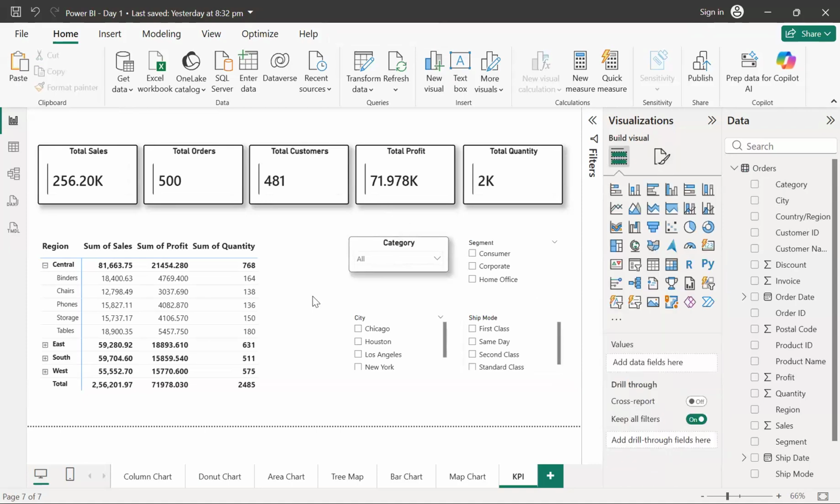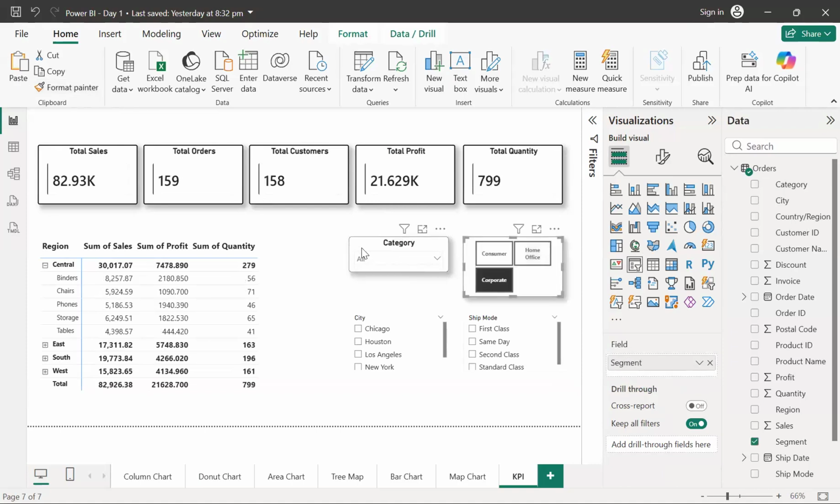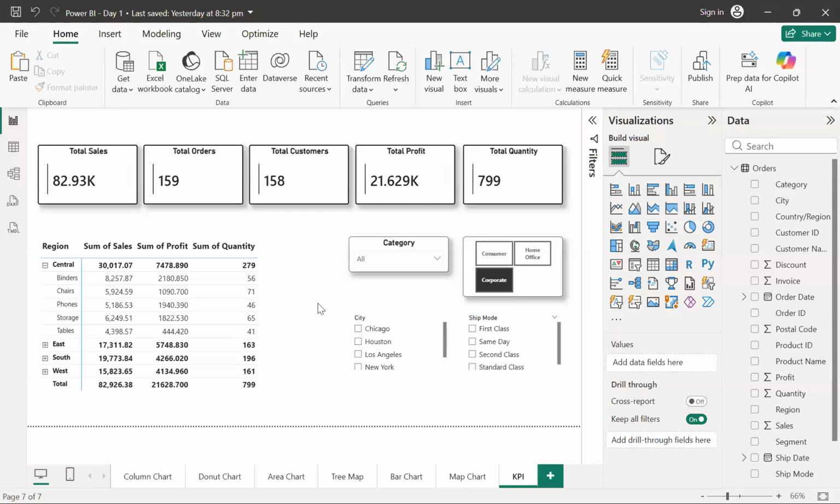Now guys, this looks much better, and we got to know that okay, there is some slicer thing. Okay, now the same effect, if I want to copy, I can use the format painter. I can apply it over here. Same thing, if I want to copy, I can just use the format painter and apply it over here, and okay.